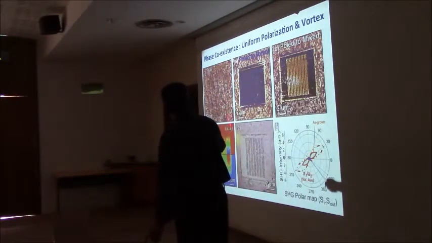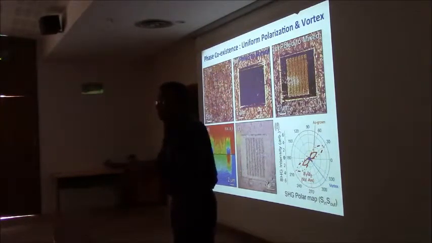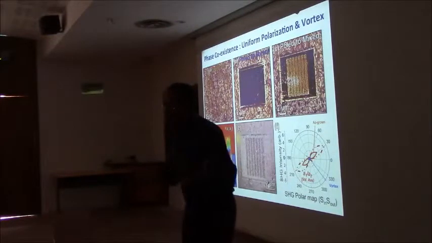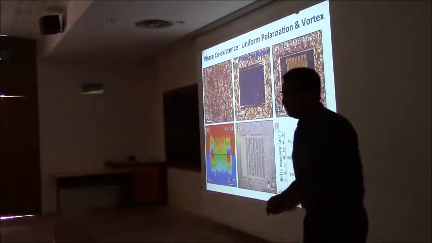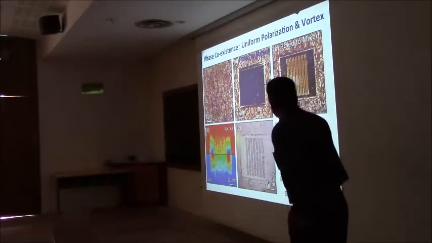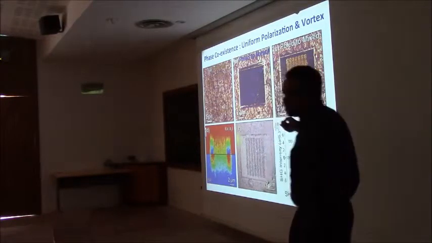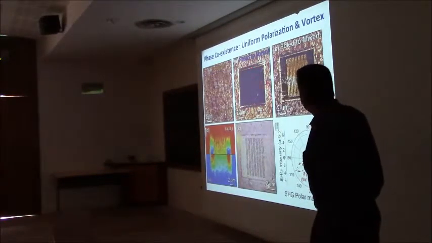Okay, now comes the part where we're trying to see, can I convert this mixed phase? This is the same fibrous region that I showed you before. Mixtures of the uniform polarization and the vortex phase. What happens when I apply electric fields? A lot of things happen, and it turns out that we haven't really completely figured out everything. I'm going to show you one piece of data. When I switch it with, this is 10 volts, 15 volts negative,